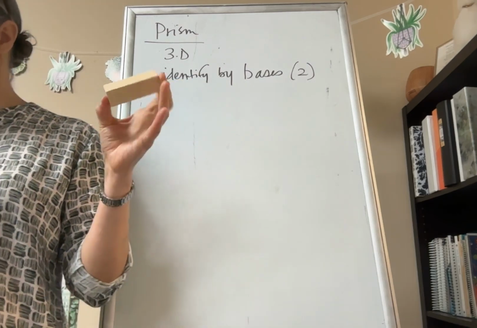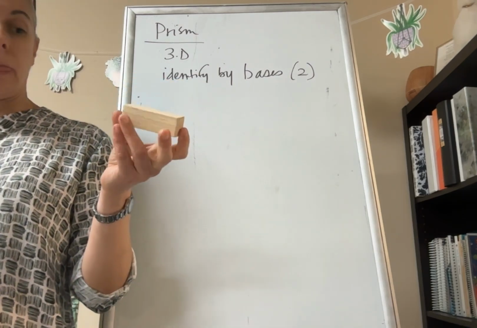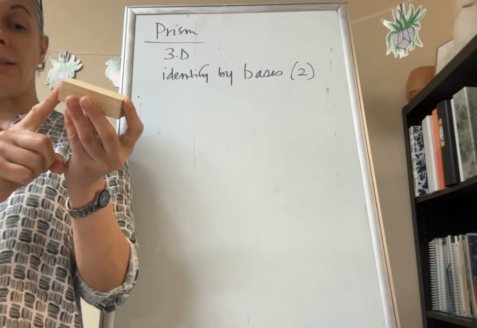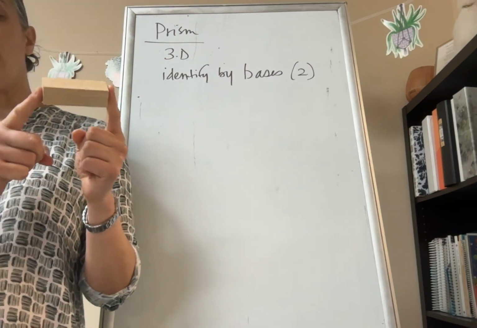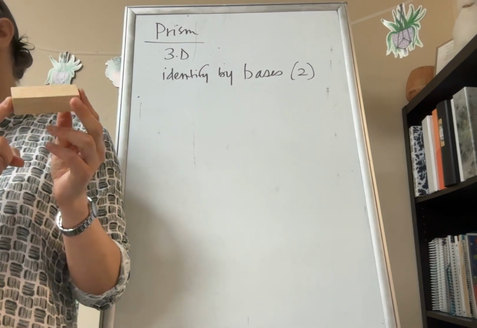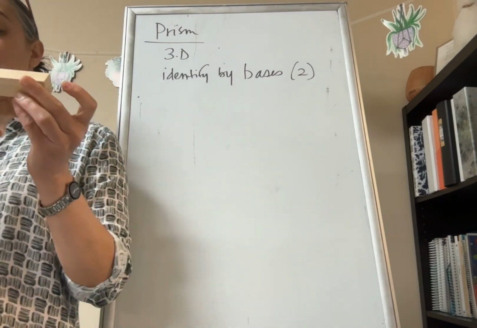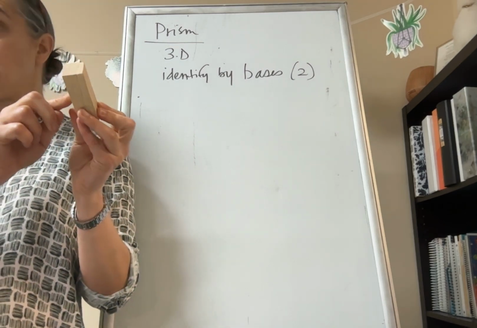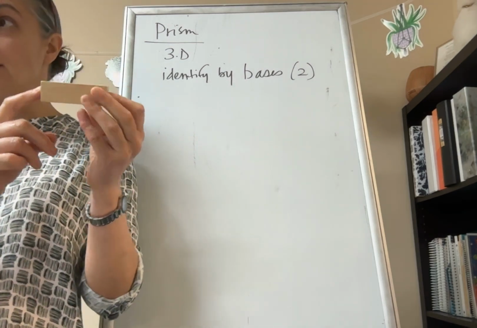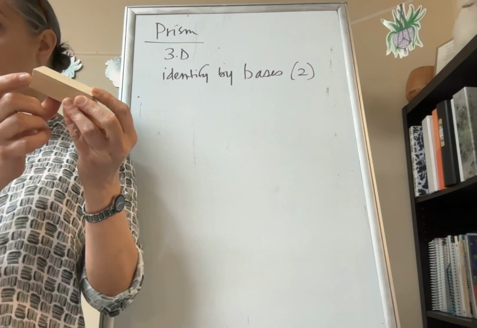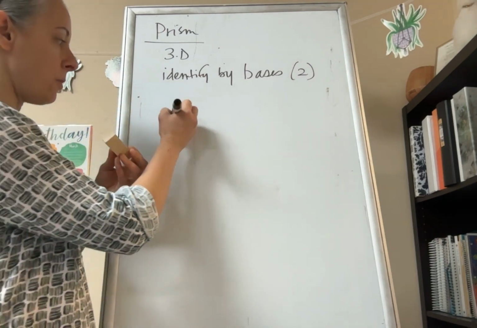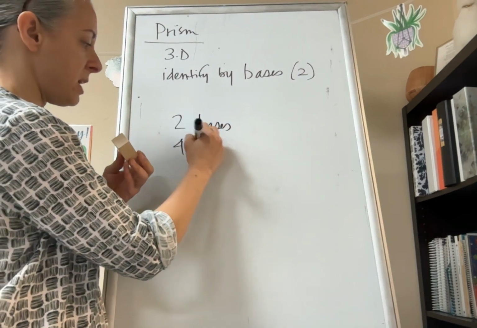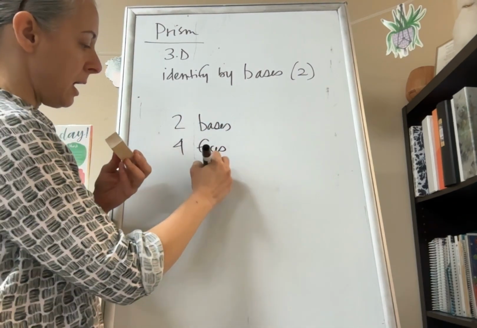Guys, y'all see this? Rectangular prism, right? The ends, the two bases, they're actually squares, but we don't really say we have a square prism. So the two ends right here are the bases. Everything else is called a face, right? So we've got two bases, 1, 2, 3, 4 faces, right? So on this one, there are two bases, there are 4 faces, and then